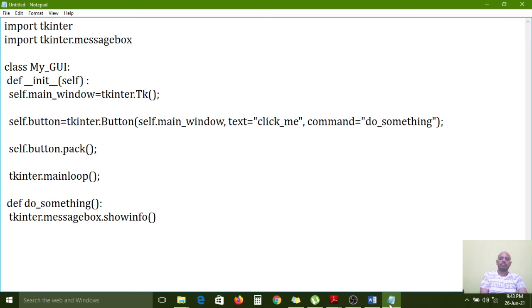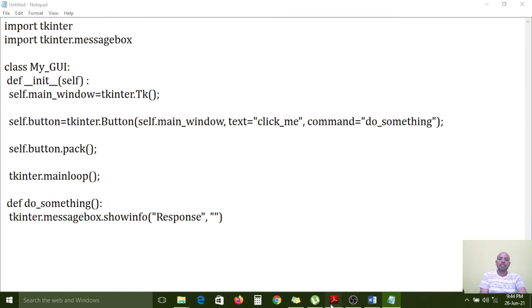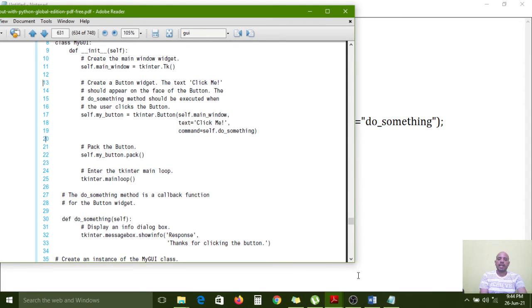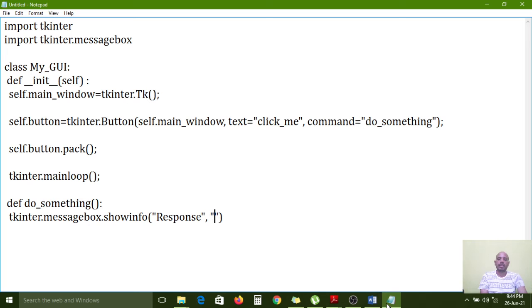So for that, the first parameter is the title of the window, Response, is the information window. Next, what is the information? We have to pass: Thanks for clicking the button, right?